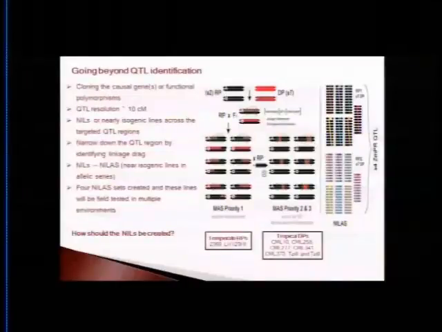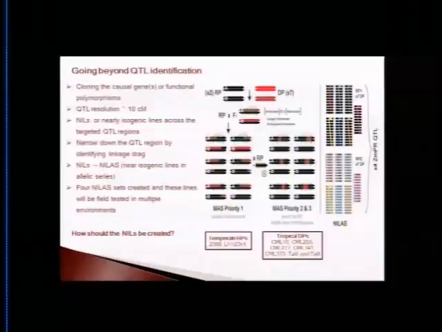So in the empirical study for this project, 7 tropical inbred lines from CIMMYT and IITA were used as donor parents, and 2 temperate inbred lines were used as the recurrent parents, and 4 sets of NILs for the 4 ZmPR QTLs were created, and each set of NILs across the targeted region consisted of these 7 times 2, 14 genetic contrasts, and each of these sets of nearly isogenic lines